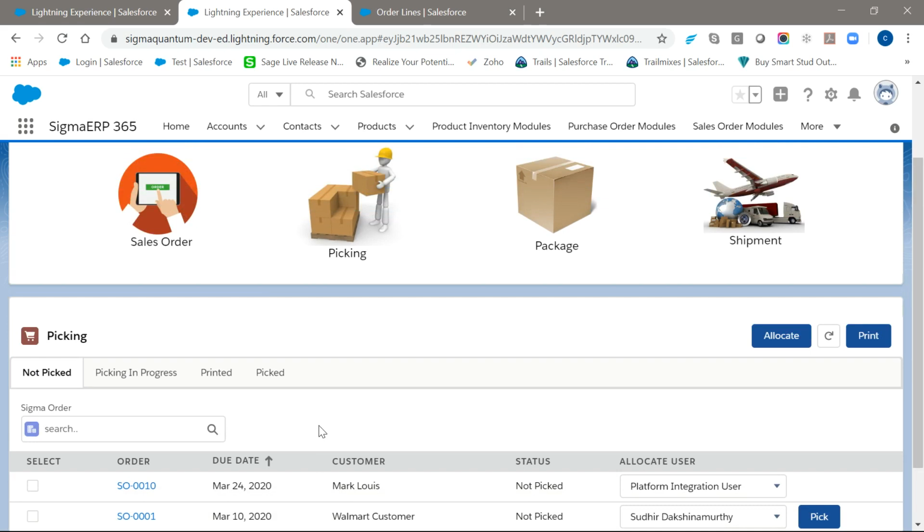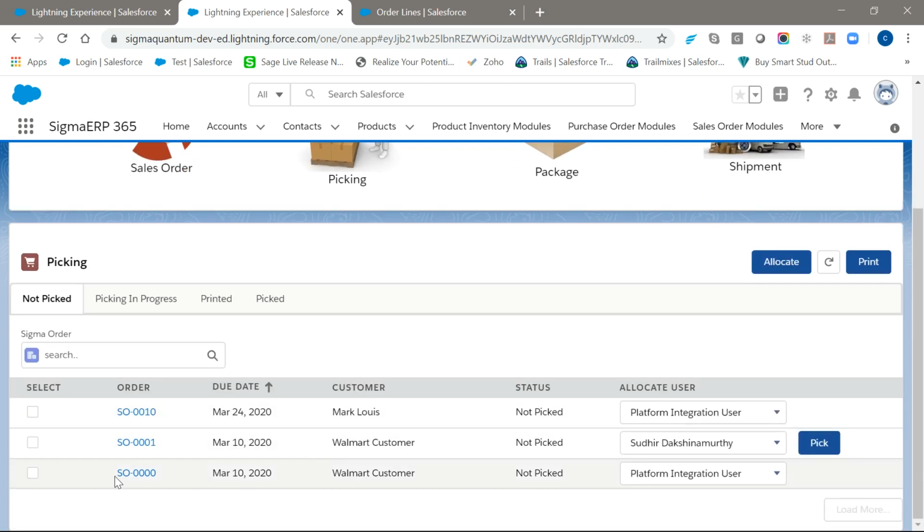One is more of a manual process where the barcode scanning and the picking process is not of much importance, where it is more of a manual procedure than being able to scan the bin location and the products. In that case, what we can do is we can have the order checked and say print.